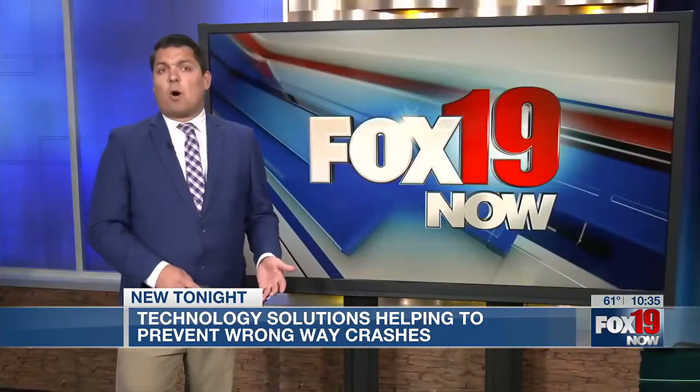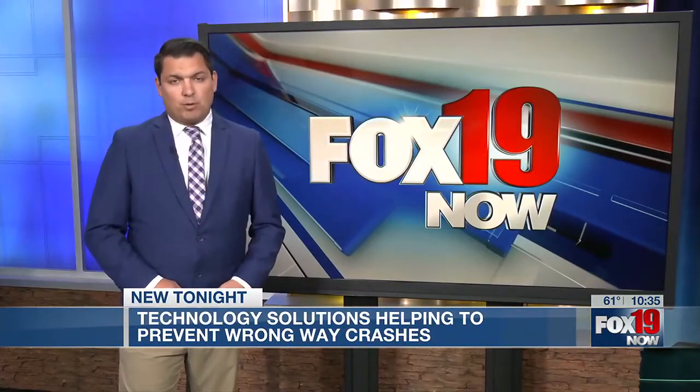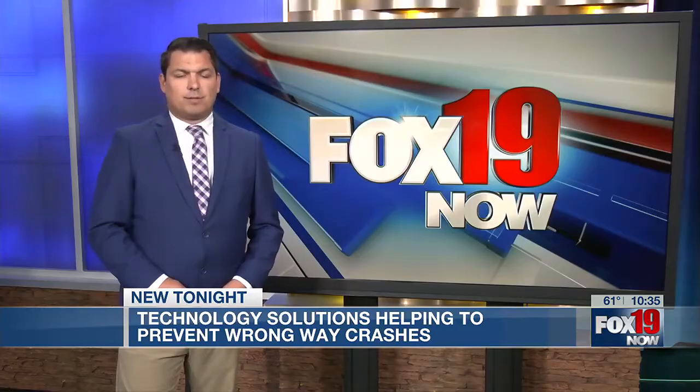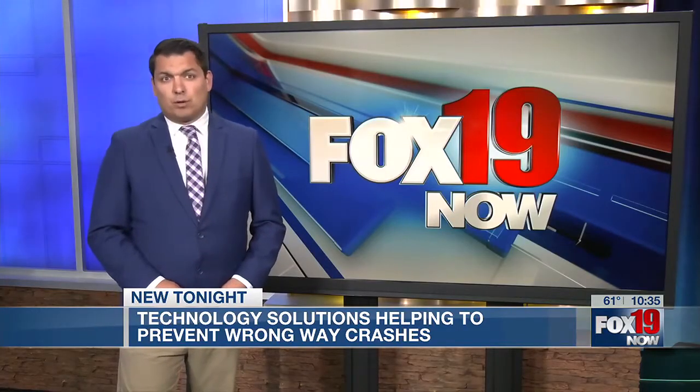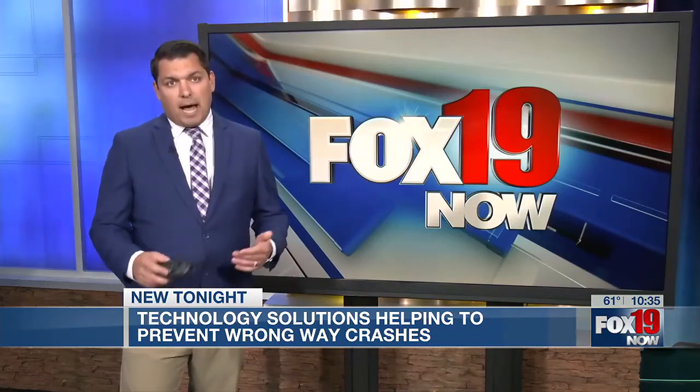Bosch says they also offer this technology for free to app developers who want to include it with their apps. Now, there is one developer who has taken them up on that. The app is called Cigic. Again, it will alert you if you're going the wrong way and alert you if other drivers nearby are going